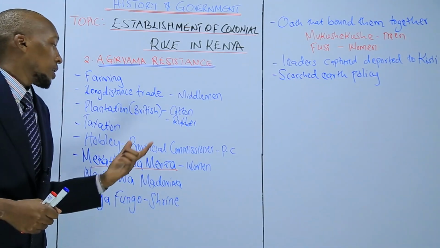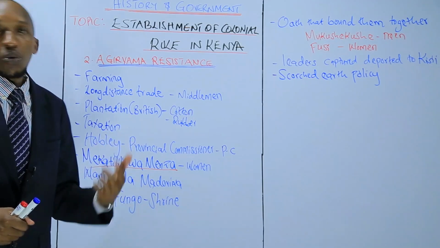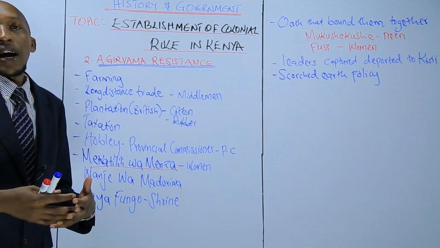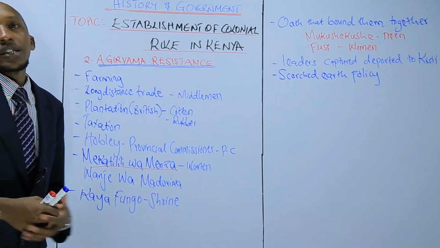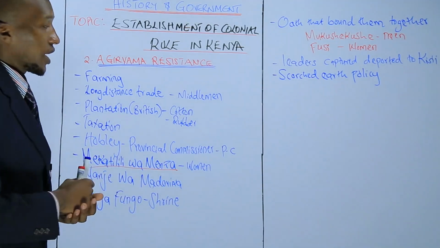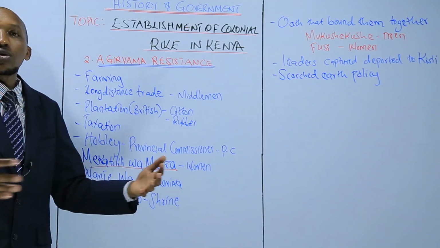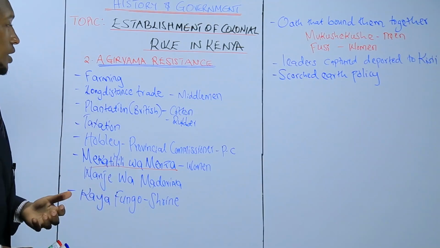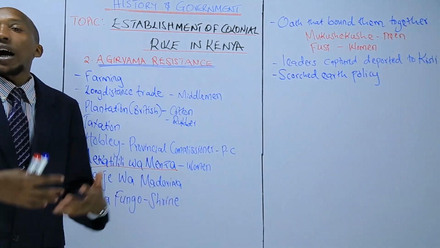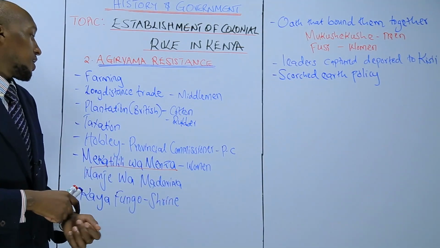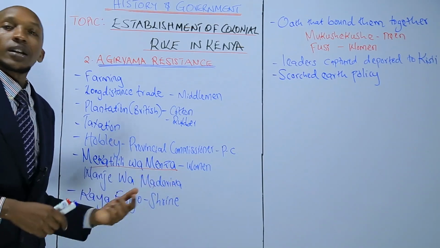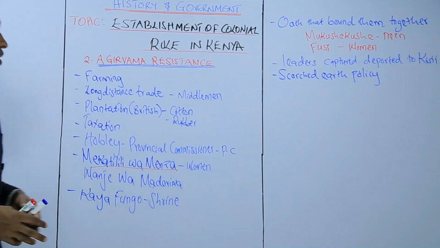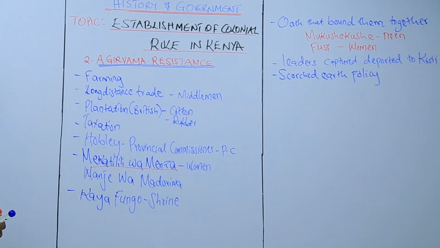We see one person who is a woman fighting against the British. So women also have had their positions to lead. They have had an influence in the society. So women also have their position even in our modern society. They need to be accorded the same respect just as the men, because you can imagine this is a woman that has stood and led the whole community to fight against the British involvement in